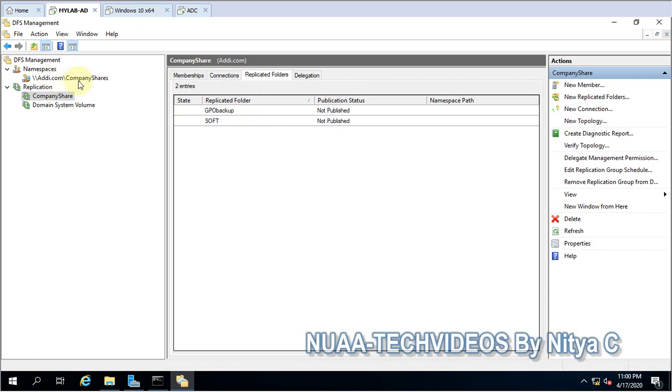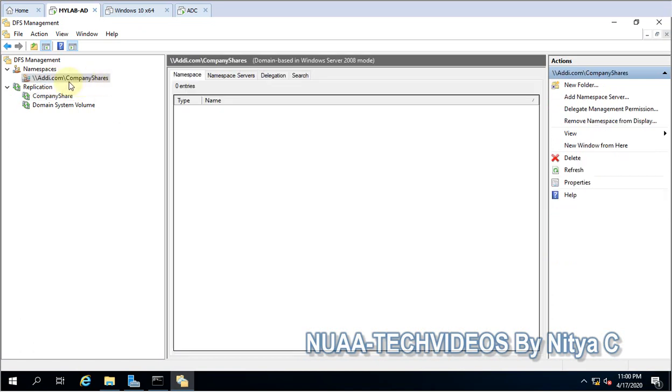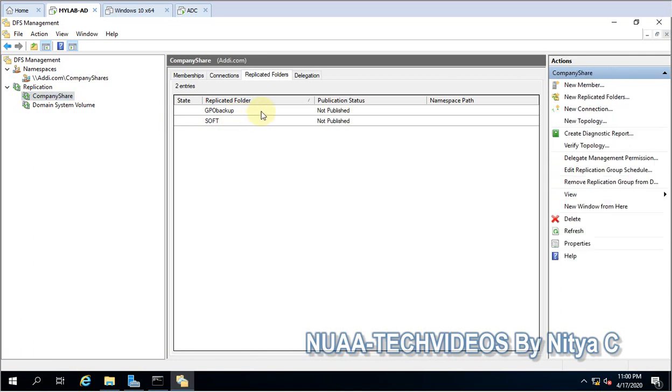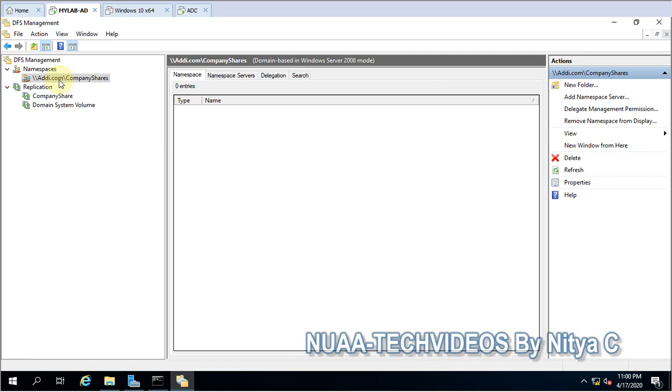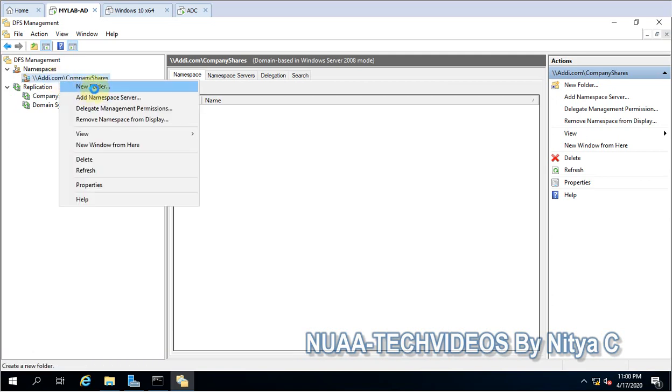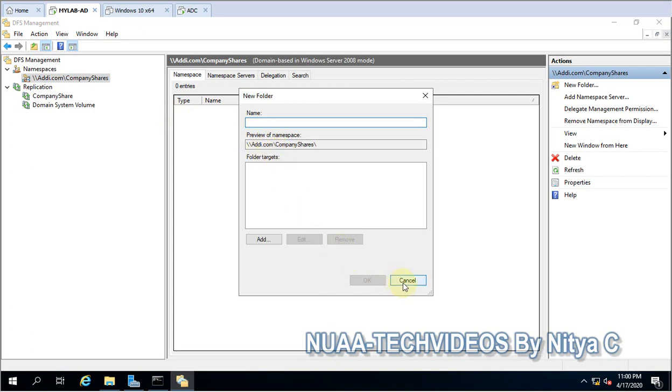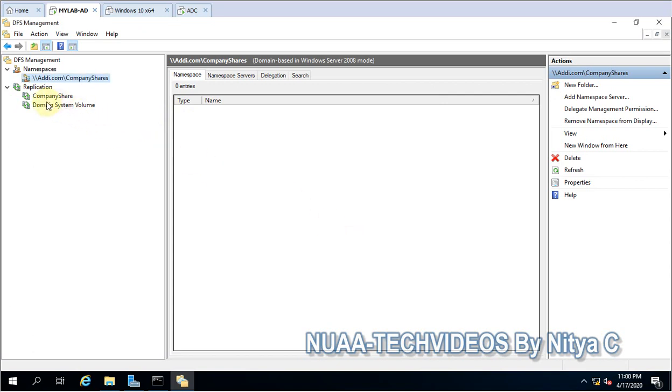Meanwhile, we created the namespace here, and now I want to publish these shares in the namespace. This is the easy way. Otherwise, if you are already creating the namespace and adding folders, you can add the folders here also, but you have to click for the replication.